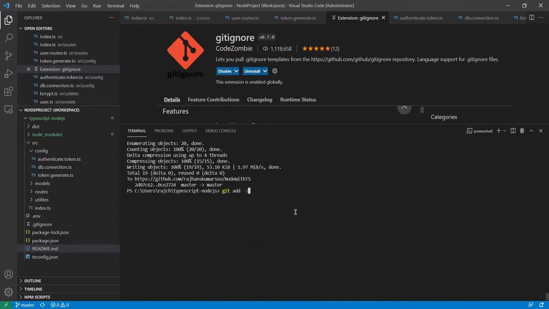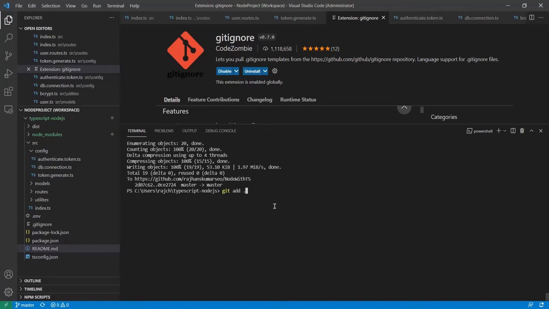The very small difference was that I needed to use a capital A with add, like this, git add -A, or we can also do git add dot. This will add all the files to the local commit.